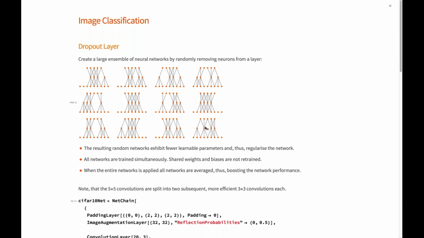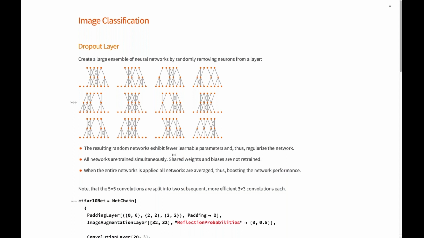It trains the shared weights. It doesn't retrain them, but it uses them all. Essentially, you're training a whole ensemble of neural networks by using a dropout layer. Once you apply that network, you don't do dropout anymore, and you essentially average over the whole list of these trained networks, and you get better results.